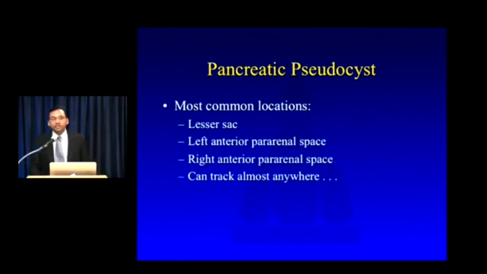Now, pancreatic pseudocysts can occur anywhere, but of course they occur in the most common places where you'd expect, given where the pancreas is located. So the right and left anterior pararenal spaces, the lesser sac, but honestly, pseudocysts can go almost anywhere. I've seen them track into the spleen, track up into the mediastinum, intraperitoneal, retroperitoneal, soft tissues. If you can think of a location and some way in which they could conceivably get there, a pseudocyst can